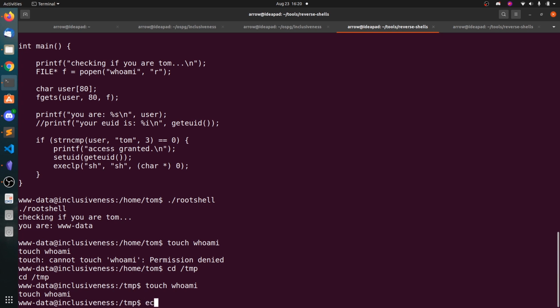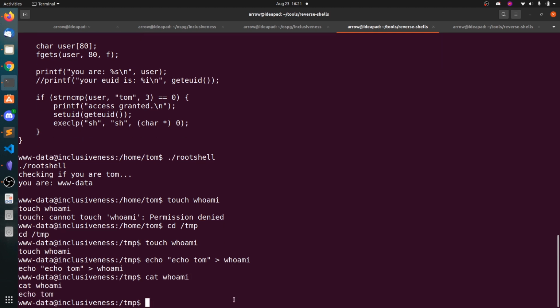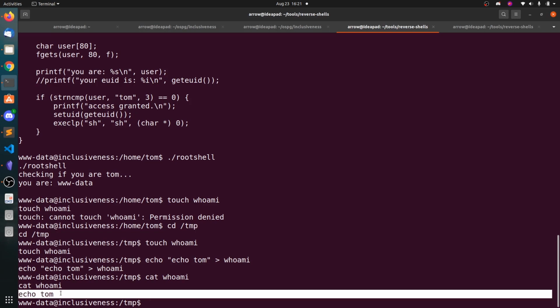Now what we're going to do is echo Tom greater than whoami. So we are putting this command, echo Tom, into the whoami file. So let's cat whoami: echo Tom. Whenever the popen function is executed, it will take this as a command and run it.